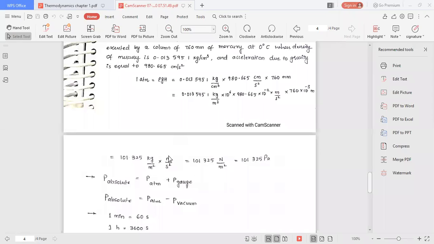So what are the units for acceleration? Meter per second square. Correct? So meter per second square I have multiplied into kg. What is mass into acceleration? Newton. Force. Mass multiplied by meter per second square is force. So force unit is Newton, except that the remaining is meter square, so I have put meter square in the denominator. Finally we have got Newton per meter square as Pascal. So this is the calculation of pressure.